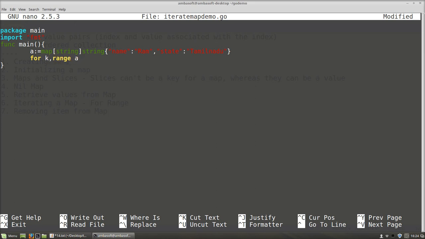I can even mention k, a variable for the key, and I need to fetch the value from the range, right? So I am mentioning it like this. I am assigning the value from the range a. So for each entry of the map a, one key will be represented in the variable k, and the value for that key will be represented in the variable v. So if I run the loop,